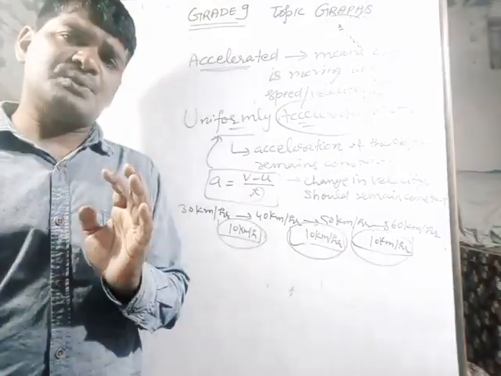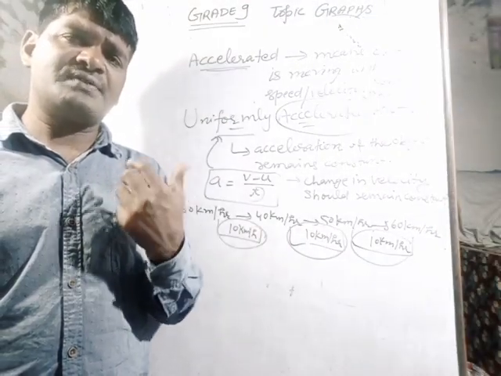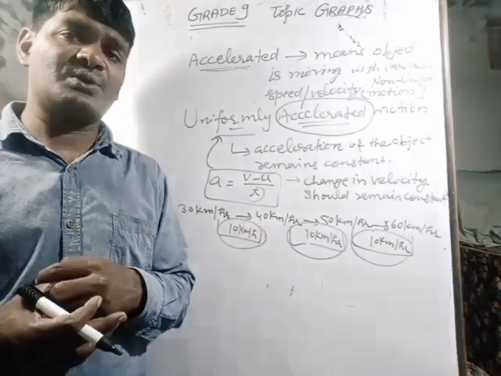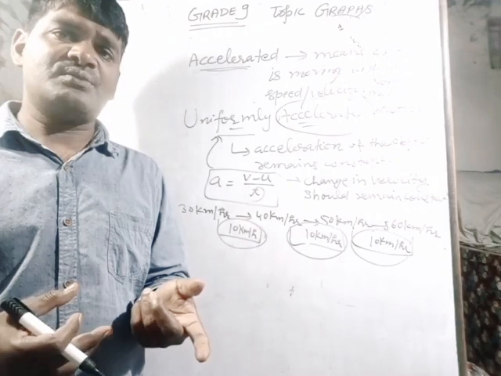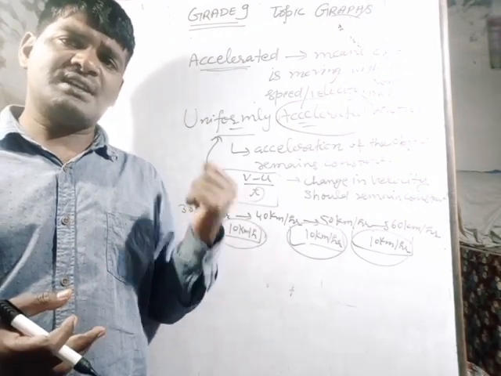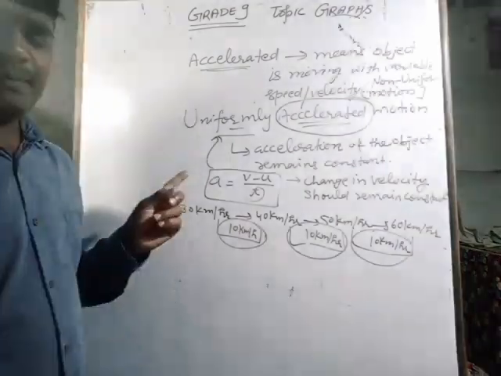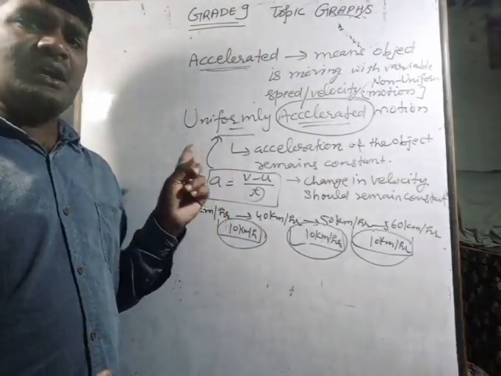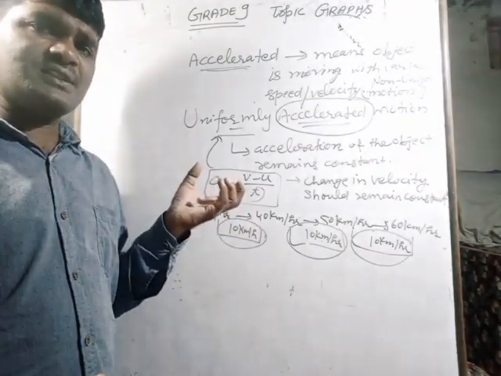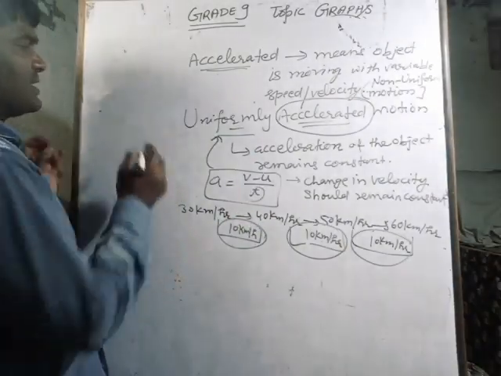Is that clear to you? Okay, think about that. Often students face problems with graphical representation, but it has a lot of importance. At the end of that chapter, we need to derive equations of motion. This is going to play an important role. So my dear students, please rewind the video and watch again and again to understand the topic. Okay, so this was uniformly accelerated motion.